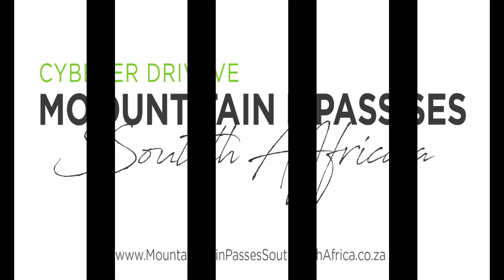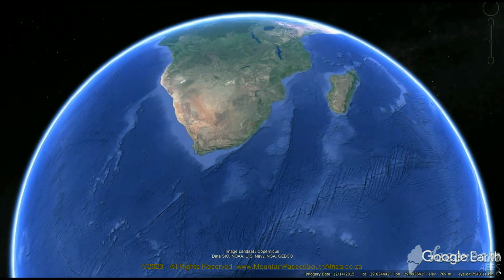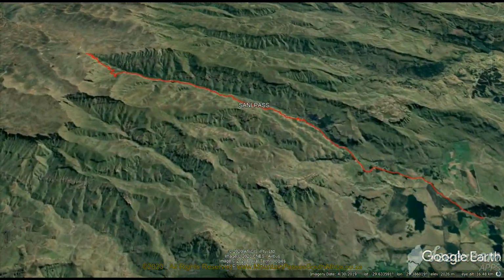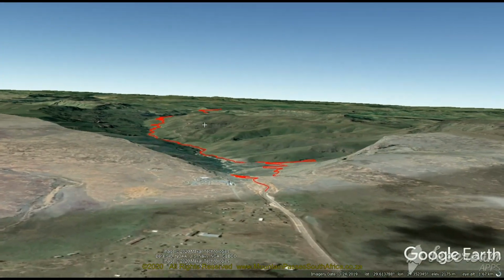The Sani Pass is the mother of all South African passes. Statistically and in every sense, it outdistances, outclimbs and outperforms all its competitors with consummate ease to have become the most iconic gravel pass in South Africa. Situated between KZN and Lesotho, the pass was built in around about 1950 and remains a challenging drive in 4x4